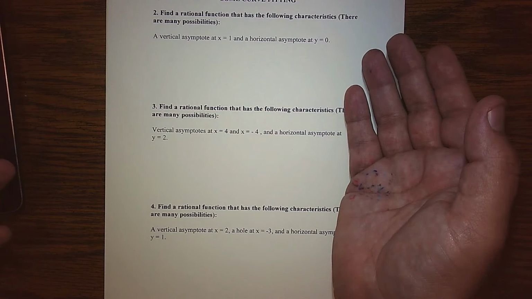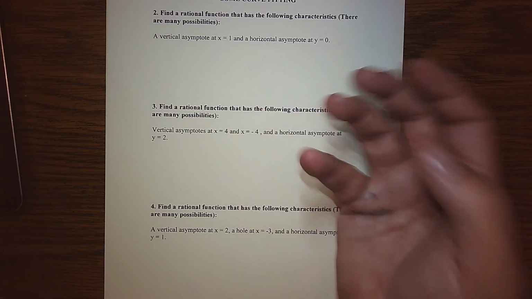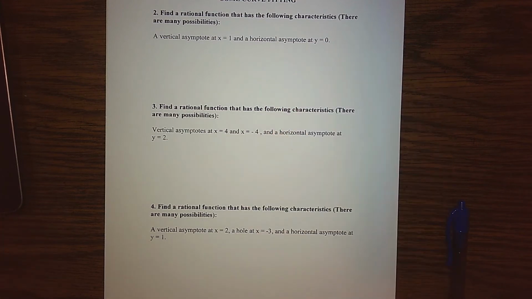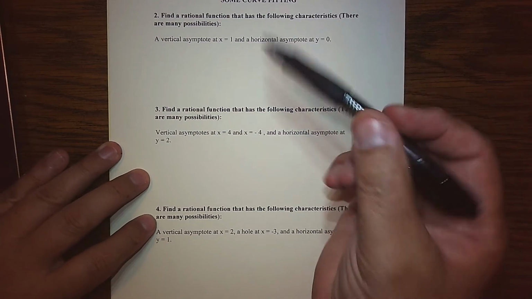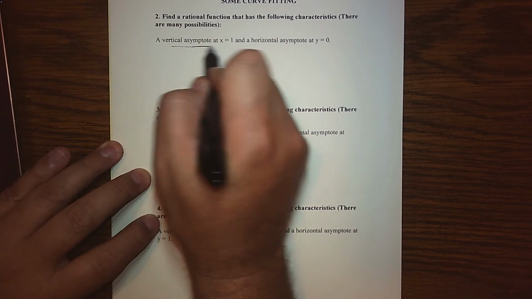Same thing here. Can I give you information, and then from that information, you build a rational function that fits the data given? And of course, you'll be able to do it, because I wouldn't ask you to do it if we couldn't. So here's how this is going to look. For the first one, we have to find a rational function that has a vertical asymptote at x